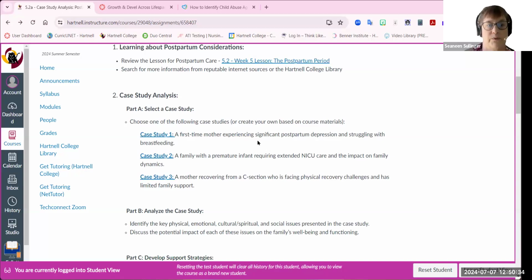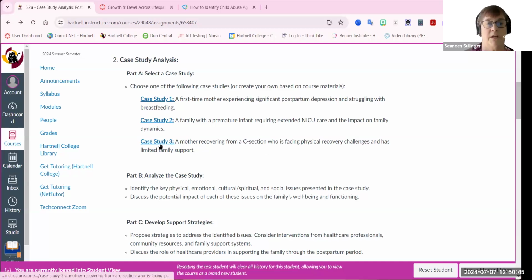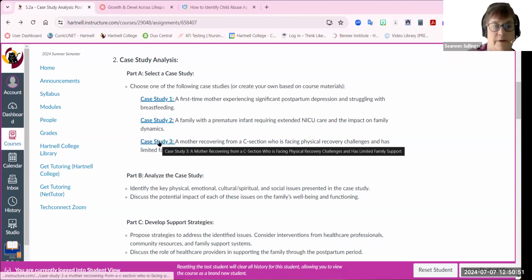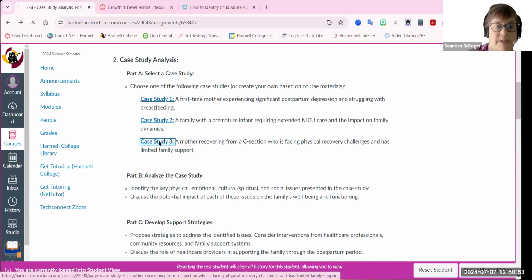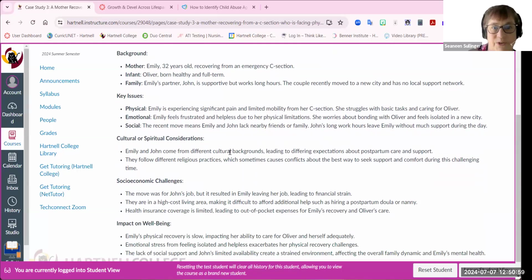And then you're going to analyze it. So what are the key physical, emotional, cultural, spiritual issues presented in the case study and the impact of those on the family's well-being and functioning? So if we are doing case study 3, the mom recovering from the C-section, all those things, the physical, emotional, those things are all in the case study. So you kind of want to put them in your own words and then go deeper into how that's going to affect the family. So if Emily's experiencing significant pain and limited mobility,